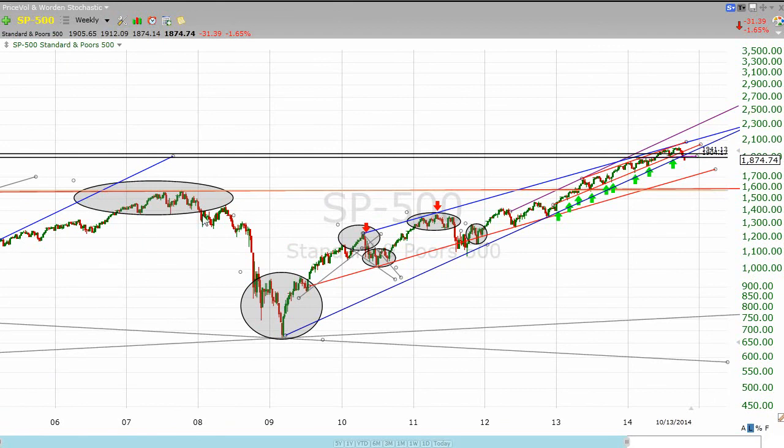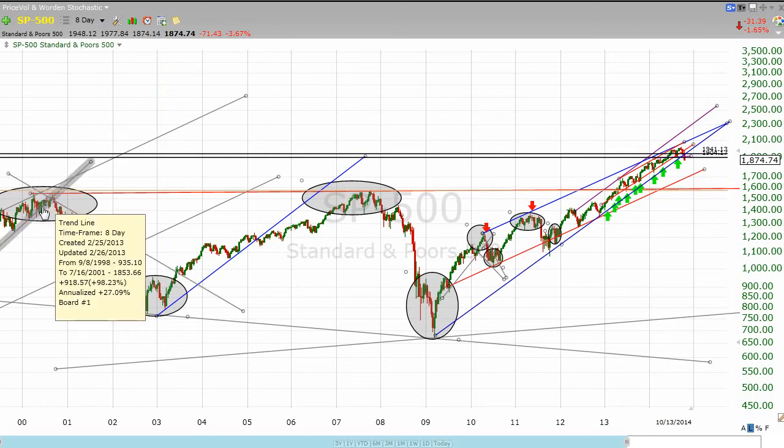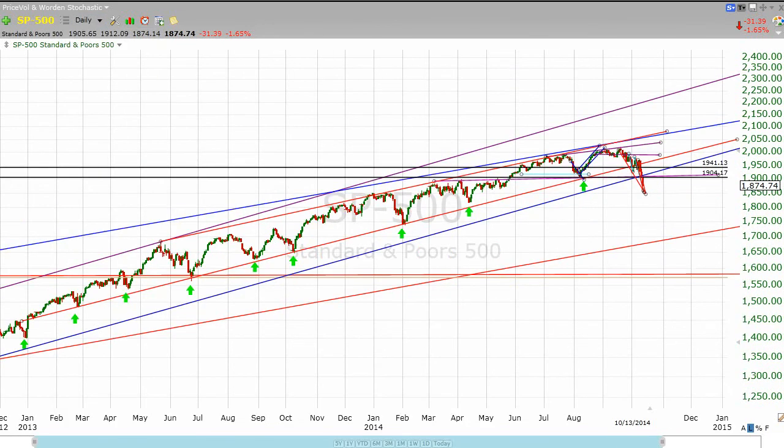And where are they? Well, here's one right here. It did have a sort of a double head to it. And could we be headed there? Yeah, we could be. But we don't see that quite yet. Then if we zoom out even more, we see a rather sloppy, but still a head and shoulders pattern that developed back in 2000. So we've got one here and one here. And you can see that what we're looking at at this particular point in time isn't quite as large as these last two. So I'm holding out a little bit of hope, if you will,